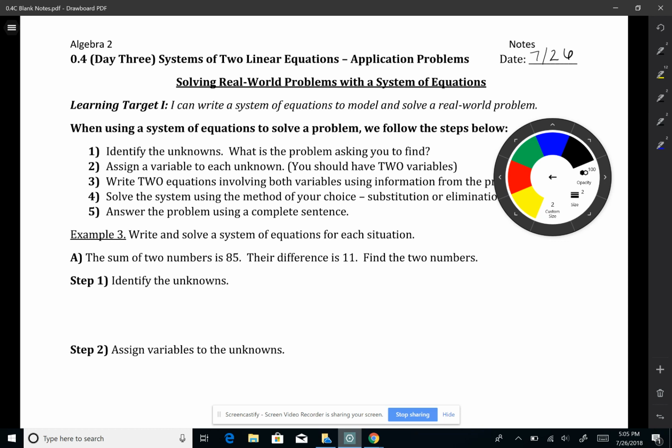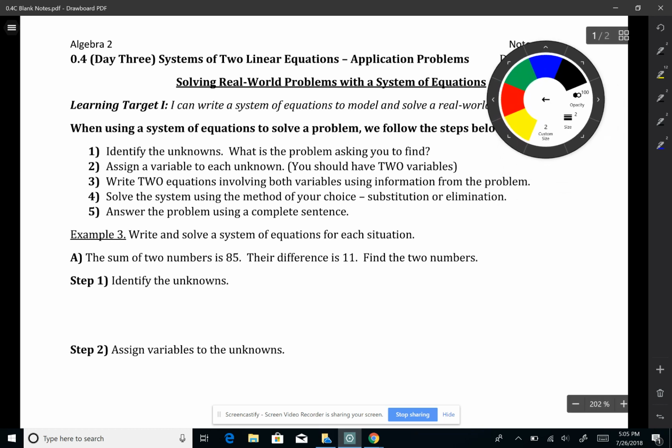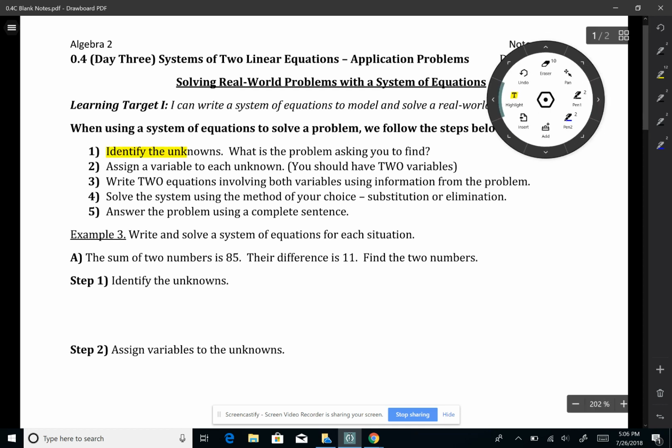Now, these will help you on a test to know I'm looking for these 5 things when I give you a problem like this. The first thing you need to do is identify the unknowns. This will help you get started. Basically, what is the problem asking you to find? Second, once you've identified those things, you assign a variable to each of them. Now, we like to use letters that make sense of the situation. For instance, if we were talking about dogs, number of dogs, I might use the variable D to represent the